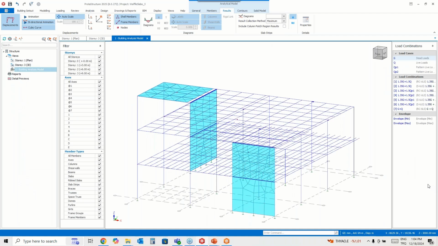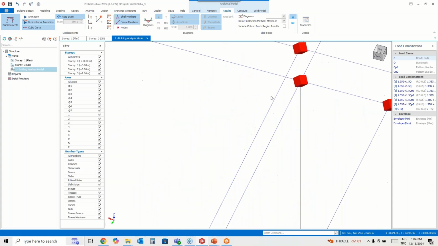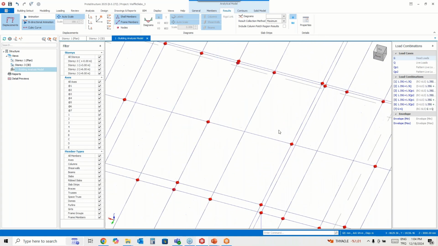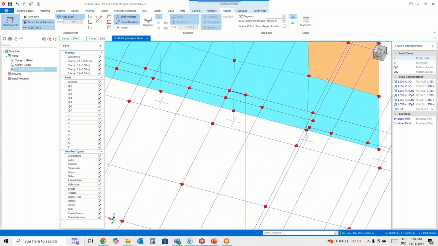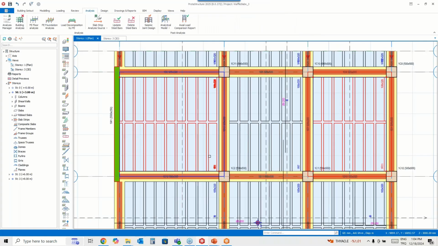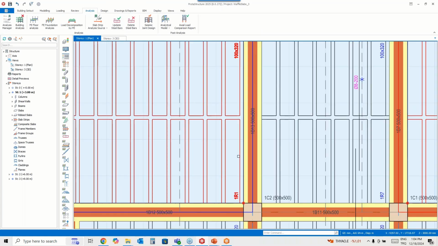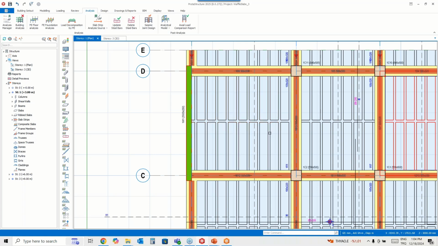Okay, so in here, you can see that this beam, which is created closely to the main beam, has been generated. But of course, actually, I didn't see this, but the most appropriate method, because it's not a good modeling approach, so we could slightly switch to the left side.